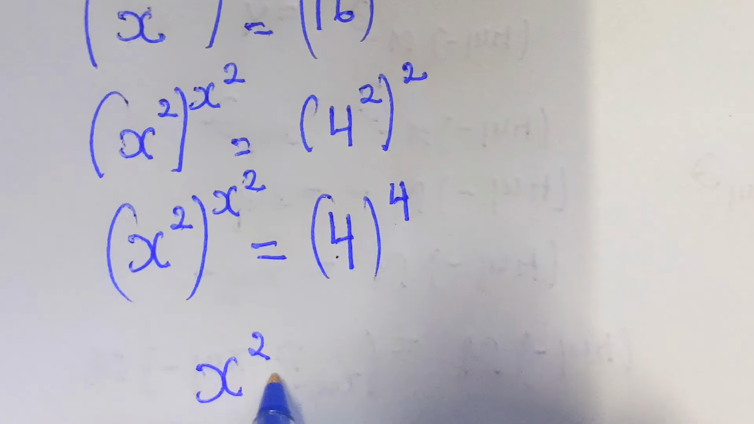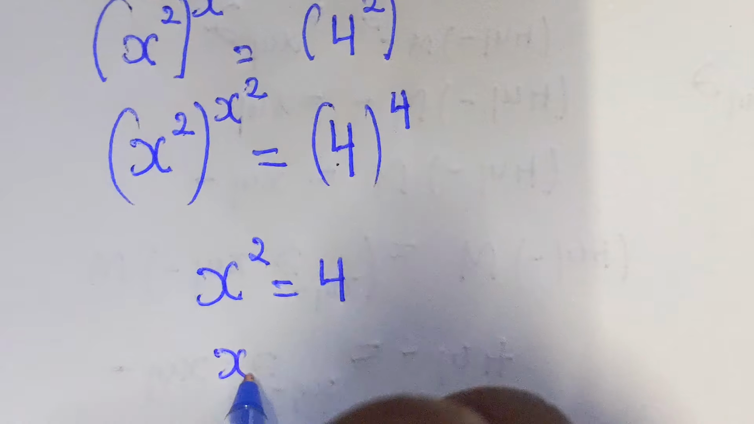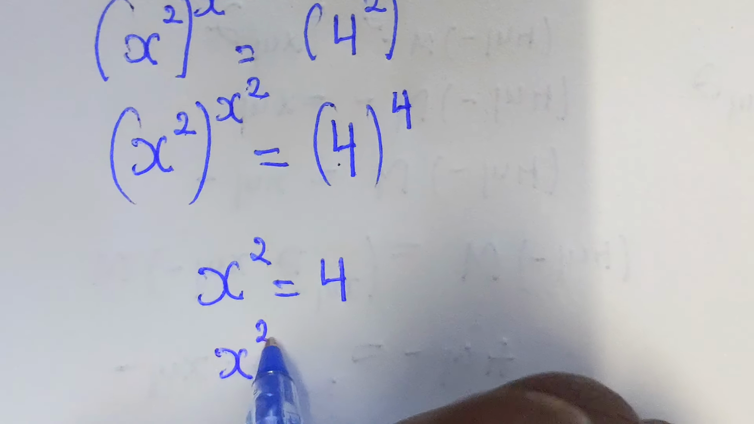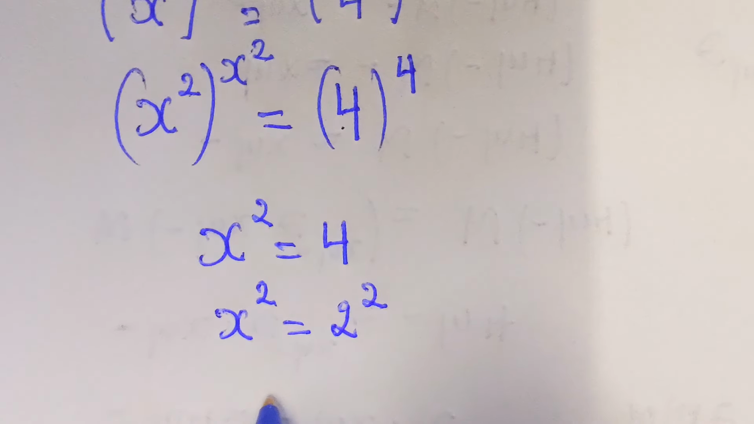x power 2 equals 4, so that here x power 2 will be 2 power 2, then x will be